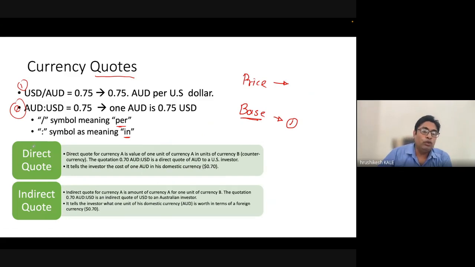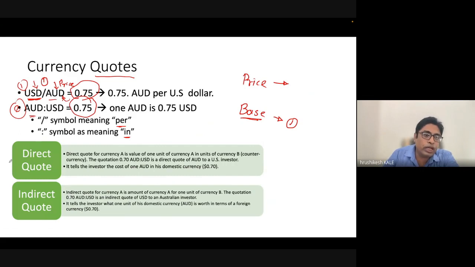Now, how will we know which is the base currency and which is the price currency? So, the currency which is written first is a base currency. And the currency which is written second is a price currency. Now, the base currency will always have value as 1. So, we will read it as for 1 USD, we will get 0.75 AUD. Similarly, here also, for 1 AUD, we will get 0.75 USD. So, the first thing which comes, that is your base currency, and the second thing which comes, that is your